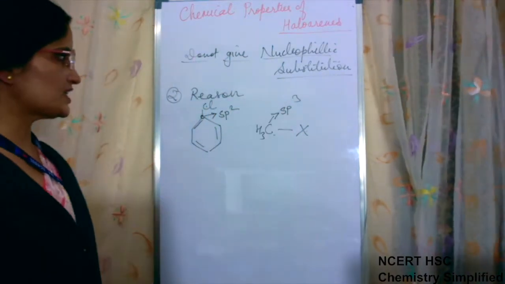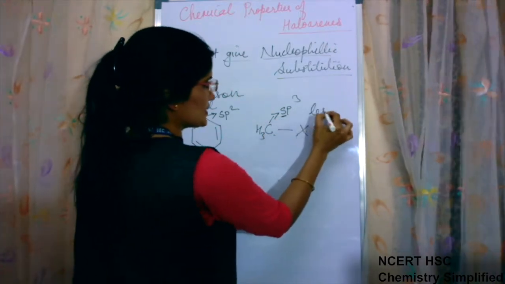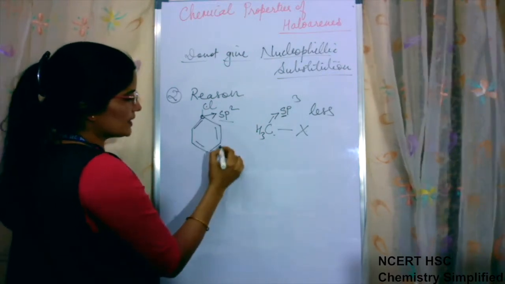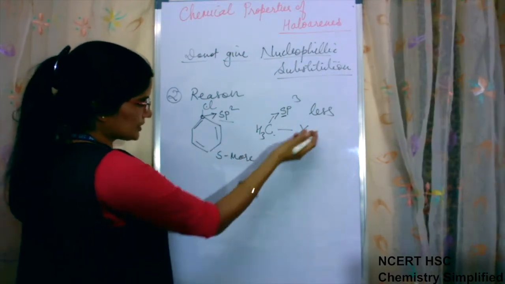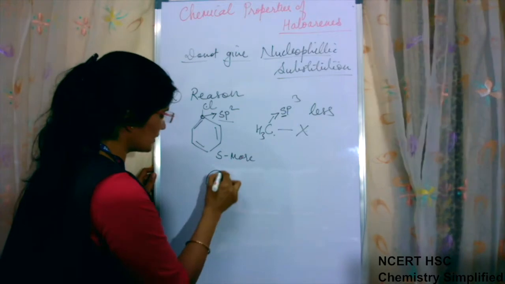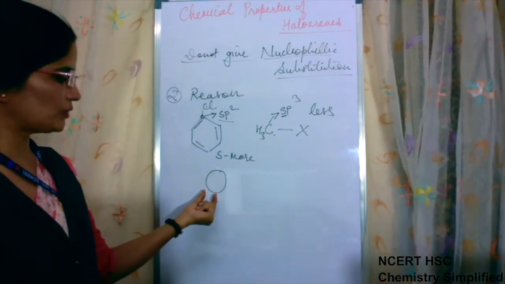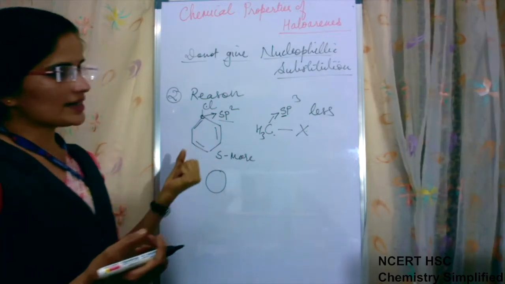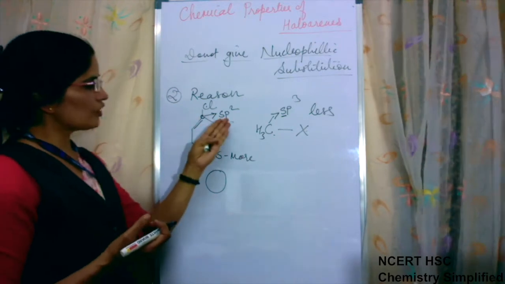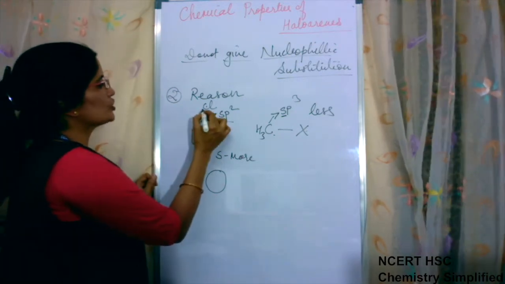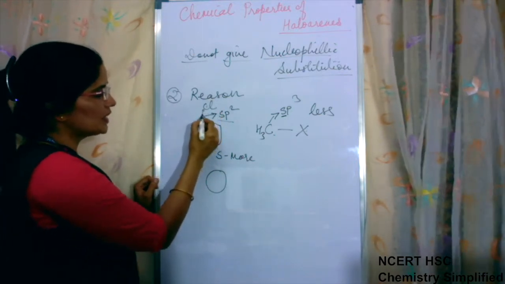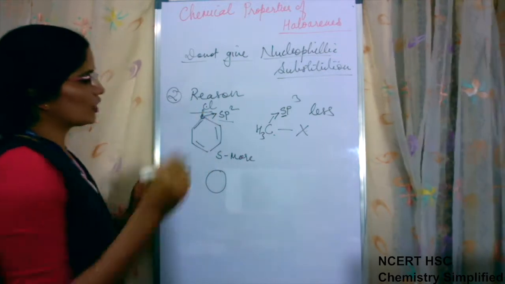We know that when hybridization is sp3, s character is less, and percentage-wise, p character is more. In sp2, s character is more as compared to this. When s character is more, we remember from class 11 that the s orbital is a spherical shaped orbital and it attracts the electron more tightly towards it because of its uniform shape. So in case of an sp2 hybridized carbon atom, the electron pair which is shared between chlorine and the carbon atom is pulled more towards the carbon. So it becomes difficult to break this bond.